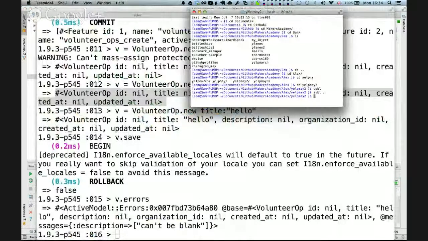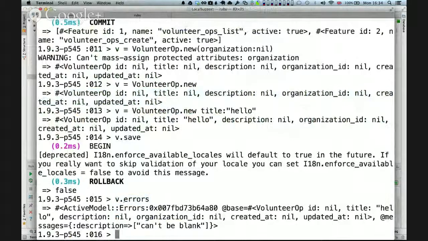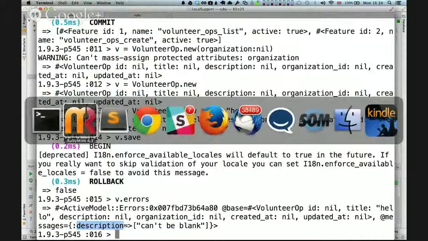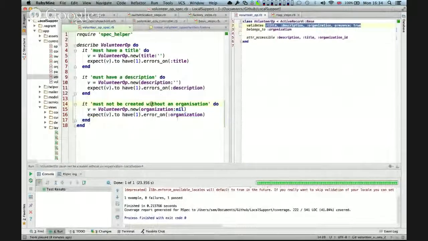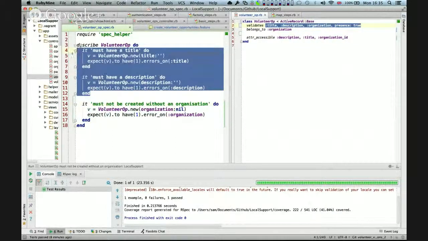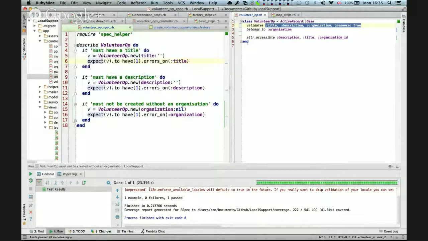So you see here, if we call errors on the model, we can then see, for example, that it's got messages about description, and using that information, the test can check: do we actually have an error on organization? And description is obviously coming from here. This is the previous thing that you did provide us, right? Yeah, we previously wrote these tests to check that our volunteer opportunity had it. It's basically checking that the validations are working in the way that we expect. However,